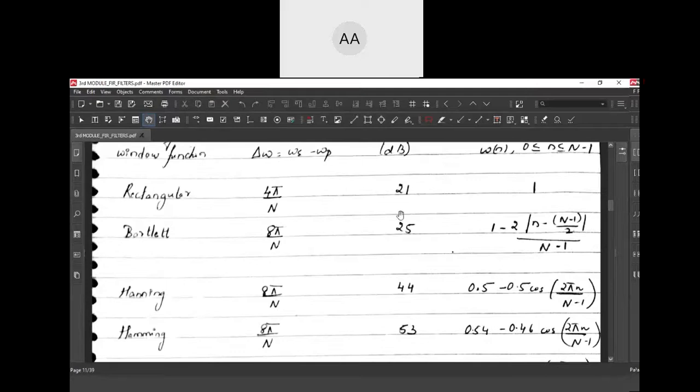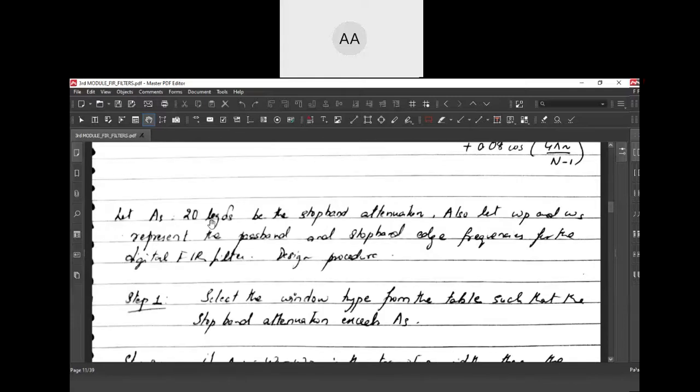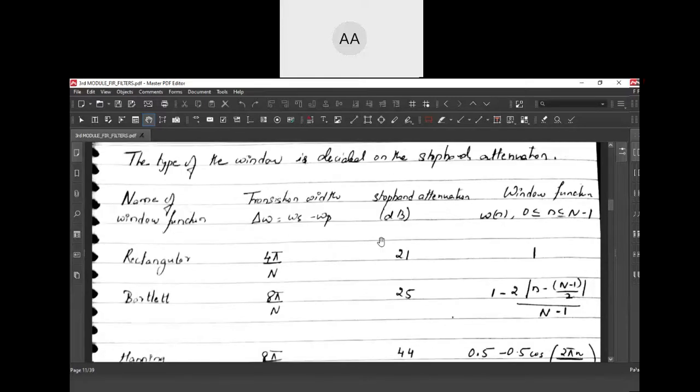Suppose you get around 24 dB, then you can choose the Bartlett window because the stop band attenuation value is matching. So based on this attenuation value, look at this table and choose the window. This is the first step.